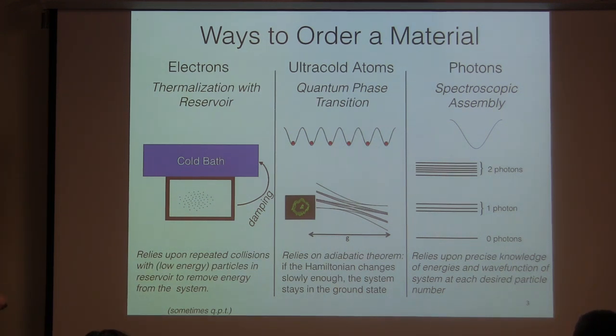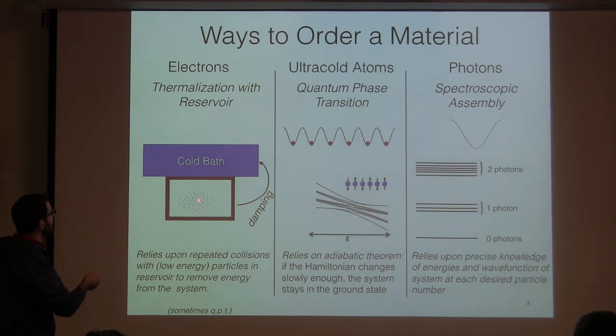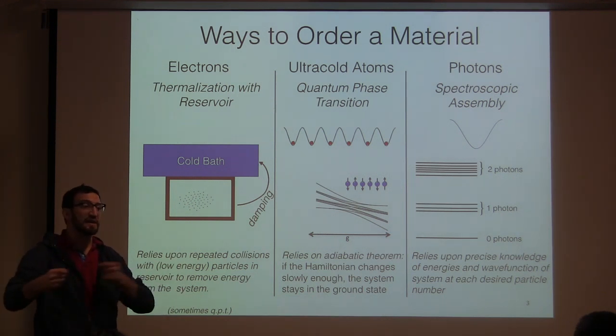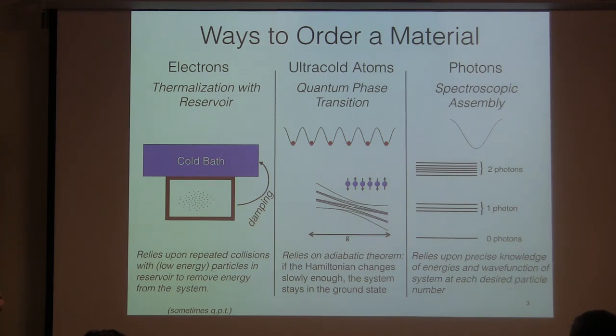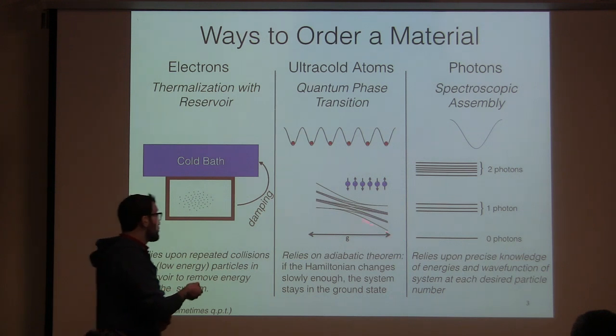And now when I adiabatically turn on these spin-spin interactions, at the end I get some magnetically ordered phase out on the other side. Okay? And so the statement here is the system was able to fluctuate from some disordered state into an ordered state by colliding with particles in the bath. Okay? And so we call these thermal fluctuations that drove a phase transition from some disordered fluid of particles to a crystalline solid.